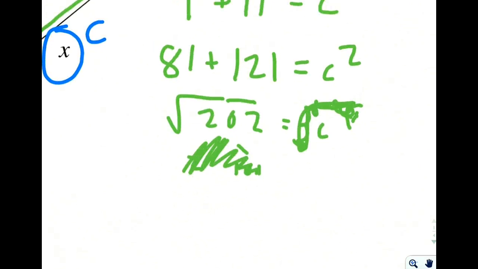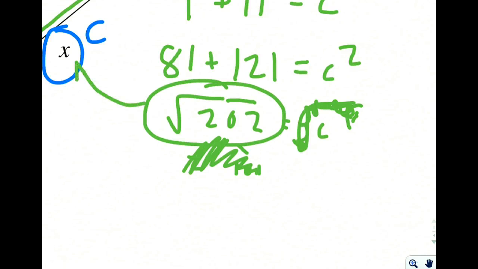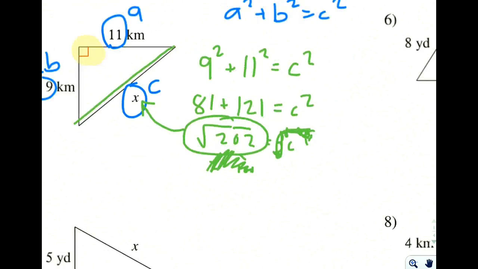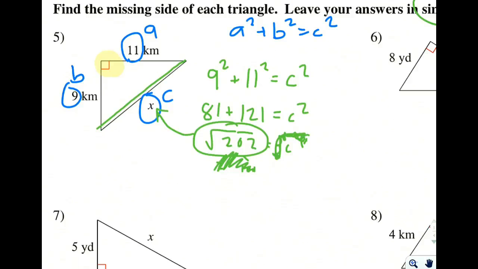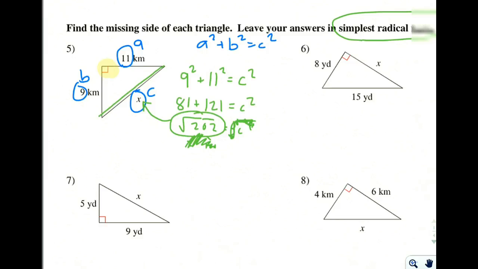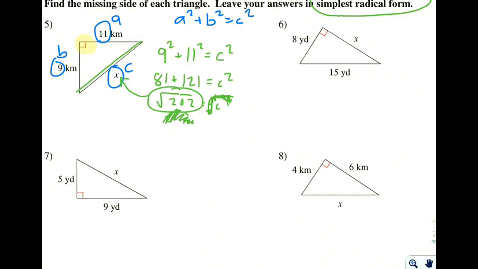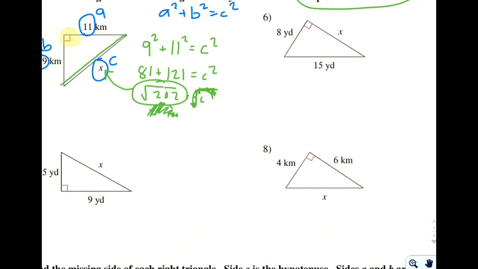So our final answer in simplest radical form is going to be this giant number, the square root of 202. And that's c, which in this case is actually x. So I'm going to draw a little arrow to that. Let's try one more problem here. If we go down to number 8,